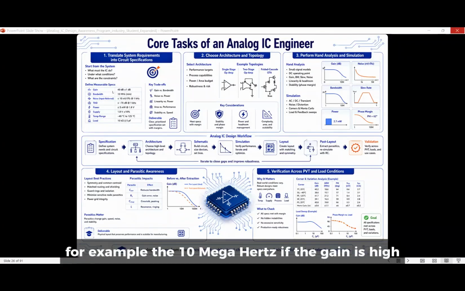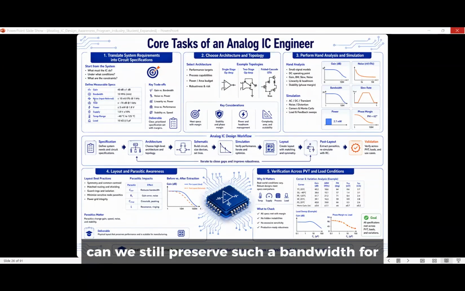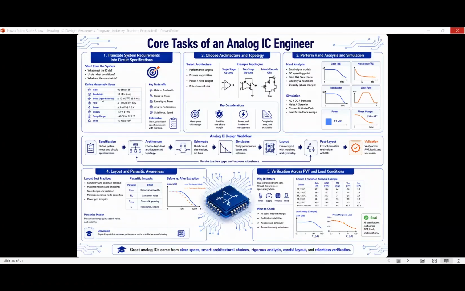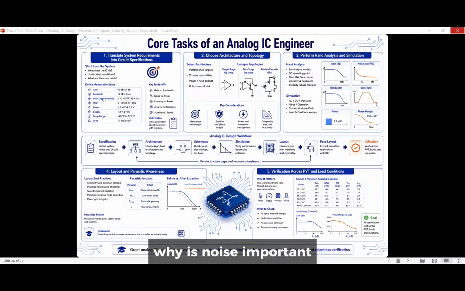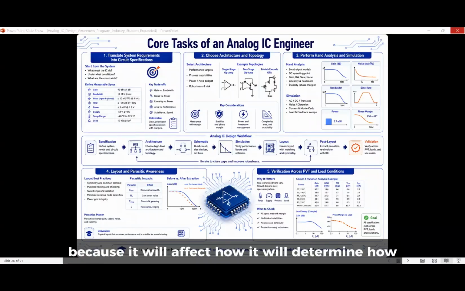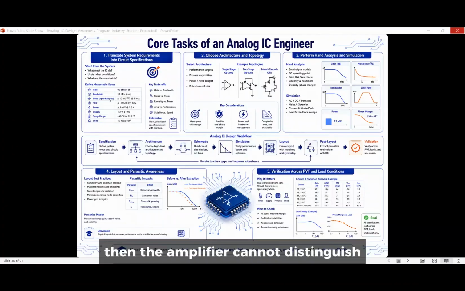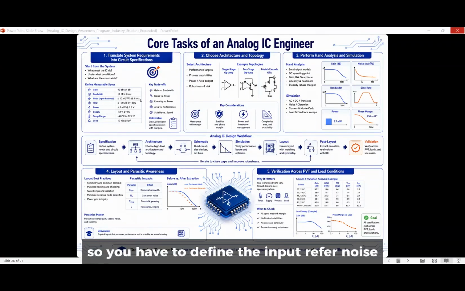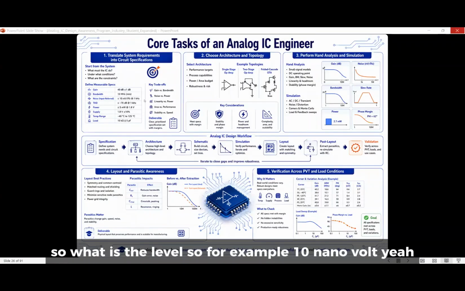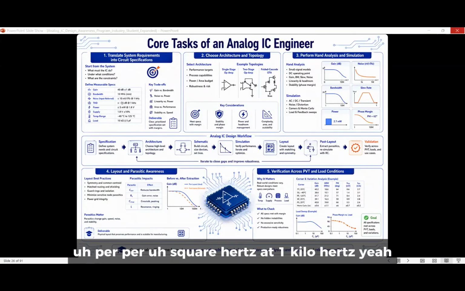And then the bandwidth, for example 10 megahertz. If the gain is high, can we still preserve such a bandwidth? And then the noise level, what is the noise level? Why is noise important? Because it determines how large your input signal must be to overcome the noise. If the input signal is comparable to the noise, then the amplifier cannot distinguish between noise and your input signal, right? So you have to define the input referred noise. So what is the level? For example, 10 nanovolt